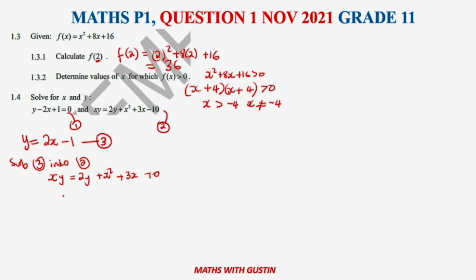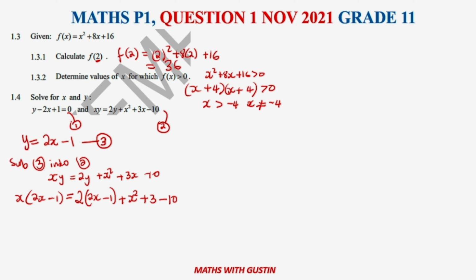Where there's y, we're putting that, so it's going to be x, where there's y, 2x minus 1, plus equal sign. Okay, making a terrible mistake there. Equals 2. What is x there? 2x minus 1 plus x squared plus 3 minus 10. Okay,